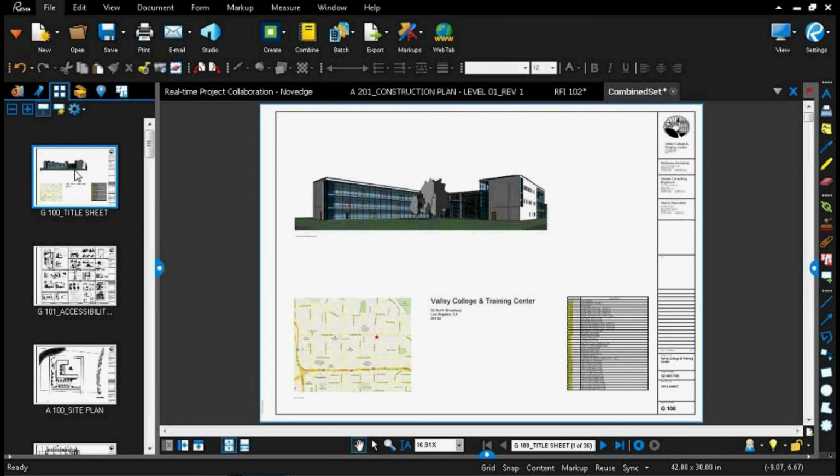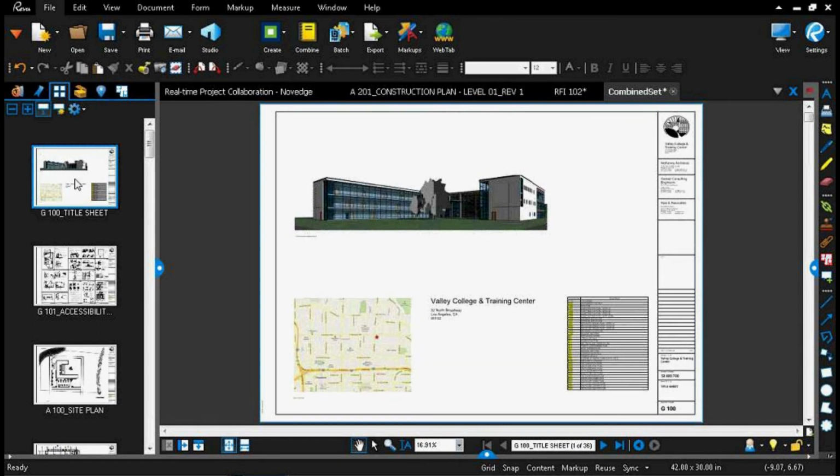But again, having that many drawings can get very cumbersome. It's kind of weighing down on my lightweight laptop here. So being able to access it, for example, on an iPad that doesn't have a whole lot of computing power can be very difficult. It can get bogged down with a large drawing set or not even open it at all. And so to prevent that, what I'm going to go ahead and do is extract these pages